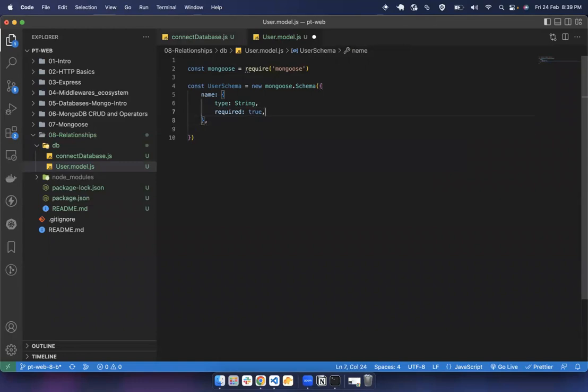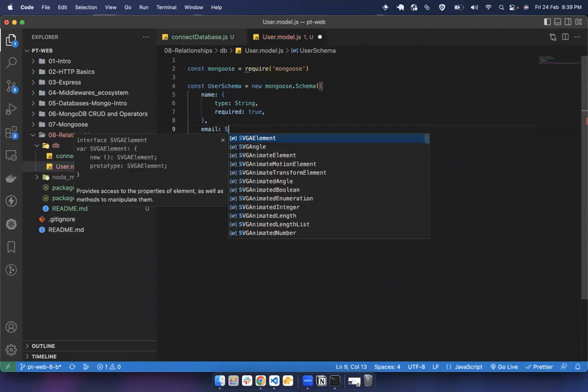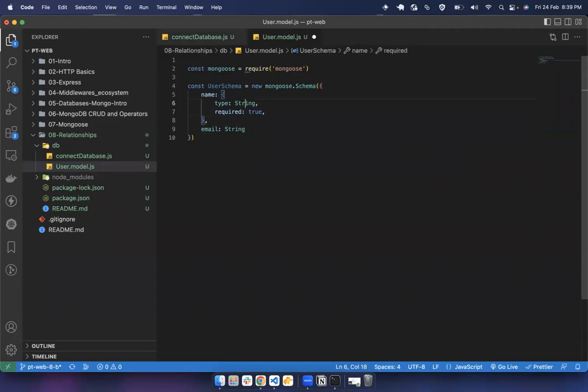Second thing is email. This is going to be again of type string, and password of type string. Password we don't need, but let's have it. Image of type string,